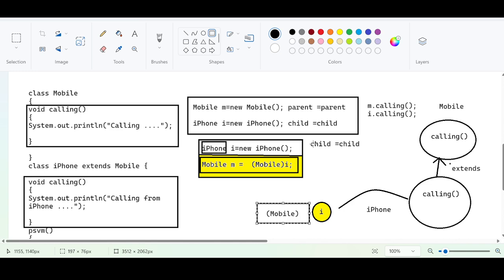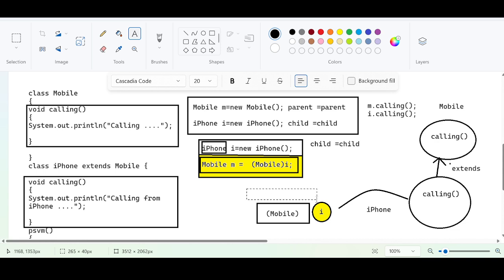First, try to understand the process we are talking about. We are not talking about the benefits and advantages. So first, stick to the process. We are trying to do something, and that something is a process, and that process is called typecasting. The advantages of doing this we will understand later. What kind of typecasting is this? This is called upcasting.